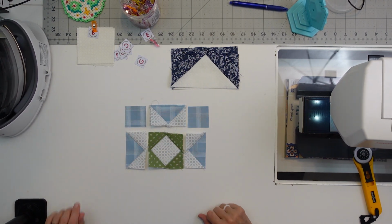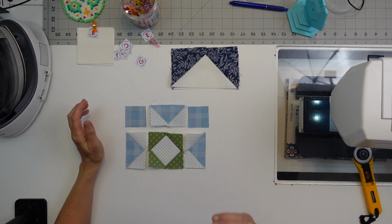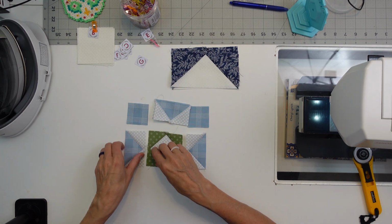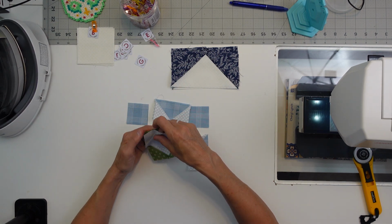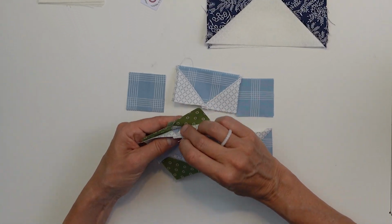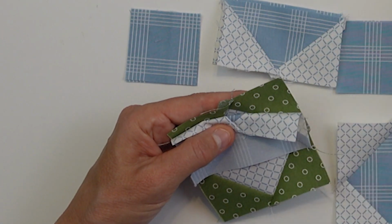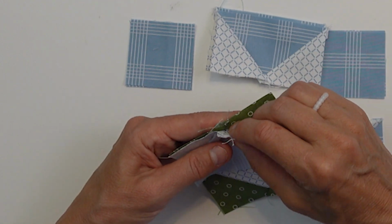And then we can put our rows together from there. All right, so she wants us to iron all our seams open on here. So pretty simple. Let's start with this one because on this one, we want to line up our points. It's probably a little hard to see here, but this point and this point we want to line up. And I'm just kind of going to eyeball that